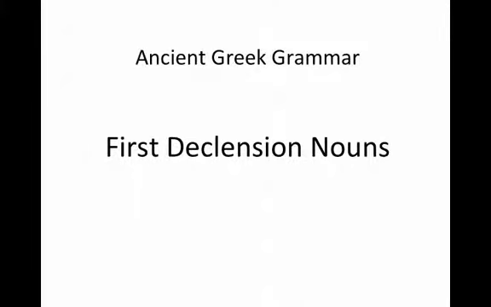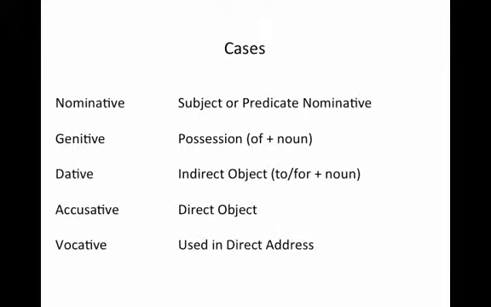So today we're going to talk about first declension nouns in ancient Greek. But before we talk about the declension itself, let's review the cases. Remember, ancient Greek nouns change ending depending on how they're used in a sentence. So if it's the subject or a noun after the verb to be or any other intransitive verb, we use